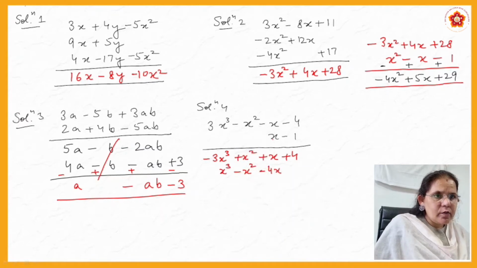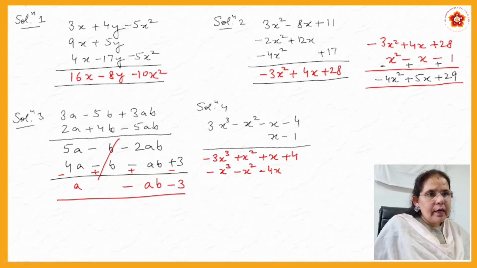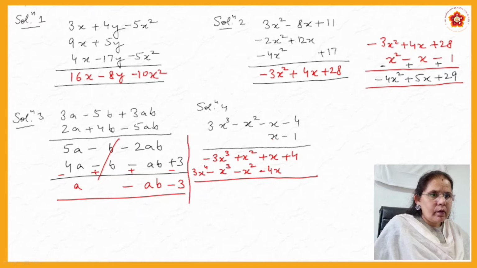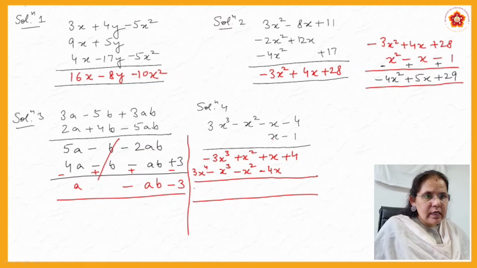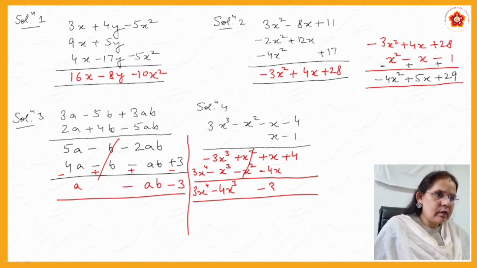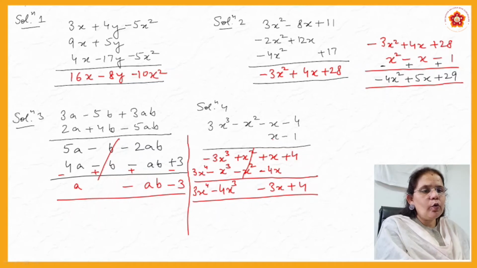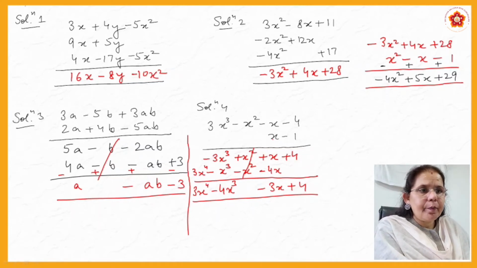One is minus, other is plus, so minus sign will come here. And the last term which is left is 3x cube multiplied by x. So that will be 3x raised to the power 4. Add them up and see what is your answer coming. So this answer is going to be... x square and x square gets cancelled. This is the answer, and I hope you have done it correctly.